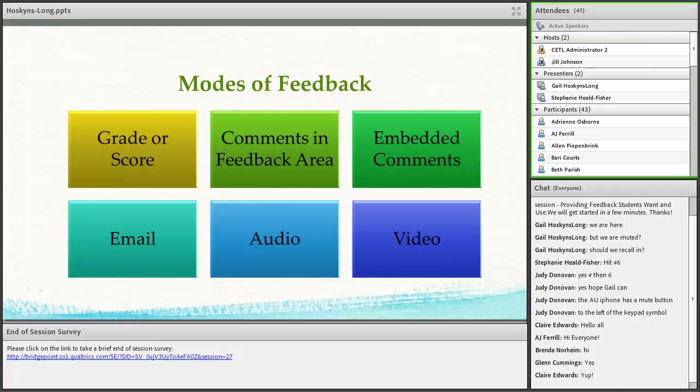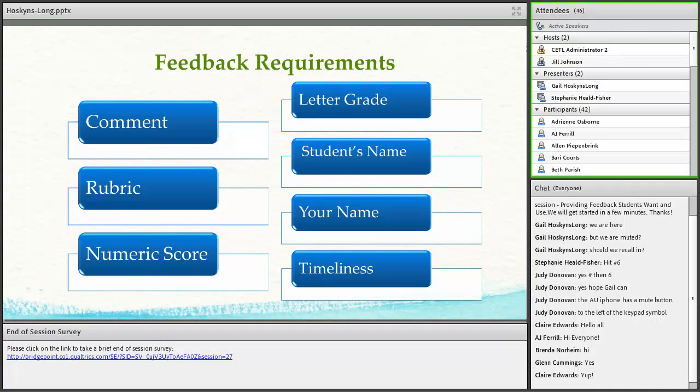So in order to motivate our students to use the feedback we're giving them, it's also important to understand those expectations. And if we're putting it in a mode they cannot or do not want to access, we get back to that exercise in futility where we feel like they are not using the feedback we're providing.